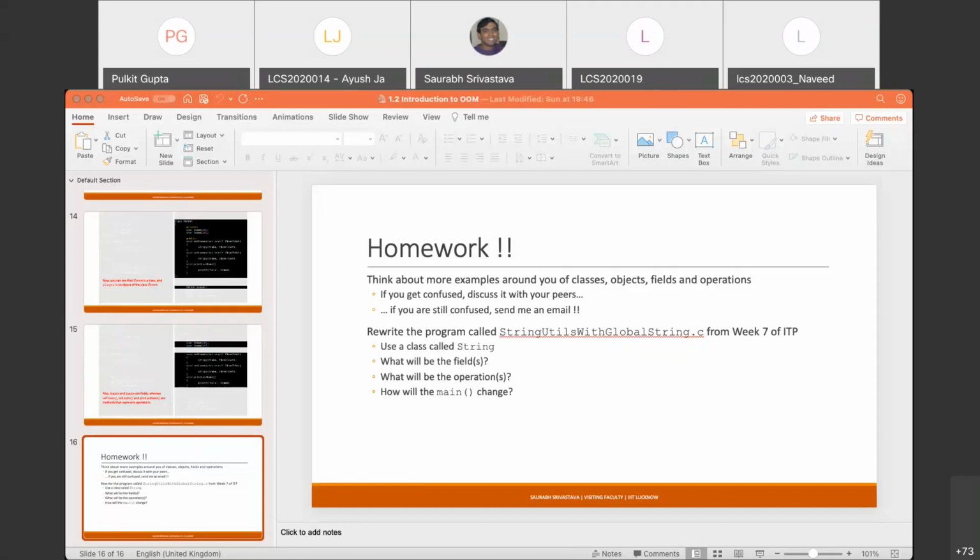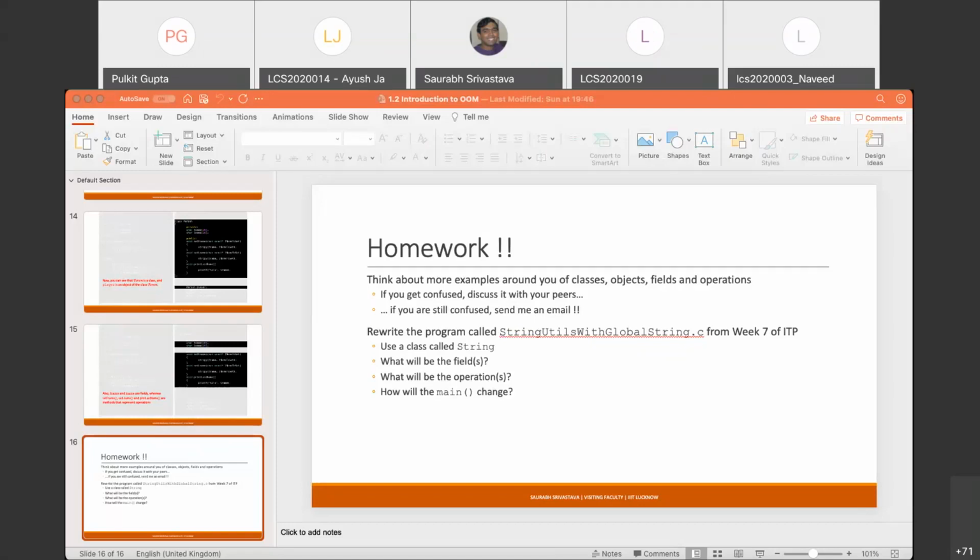Sir, in the private part, we keep member variables so that I cannot change the value of member variables outside the class. But again, in the public part, I have methods, and by accessing those methods, I can again change the values. Yes. I got it.